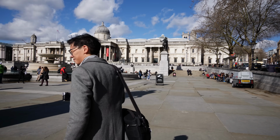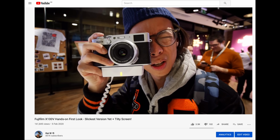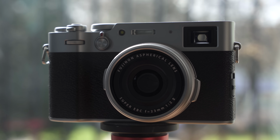I got hands-on with the X100V at Fujifilm's UK event, but didn't get photos or videos from it. I'm not going to repeat all the specs you can get on Fuji's website or on the first video. I want to figure out whether I still want this as bad when I'm taking photos of something that isn't